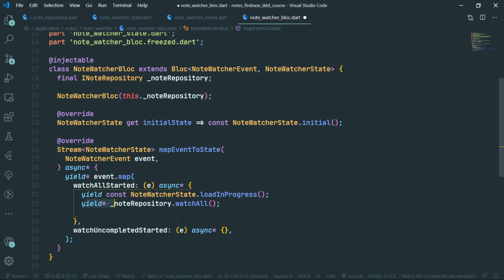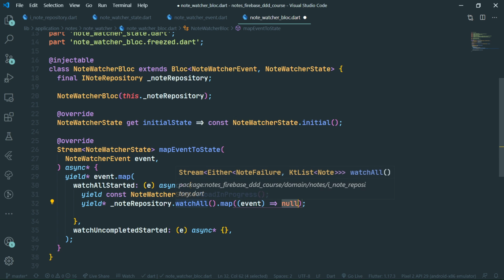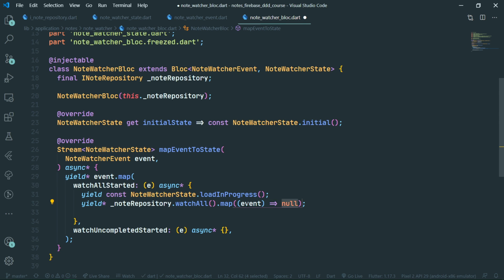We would not just yield it as simply as this, just saying INoteRepository watch all, but we would also need to map the simple stream holding either into the custom union cases. So we would map each and every failure or nodes, which is of type either node failure or KtList node, into failure or nodes